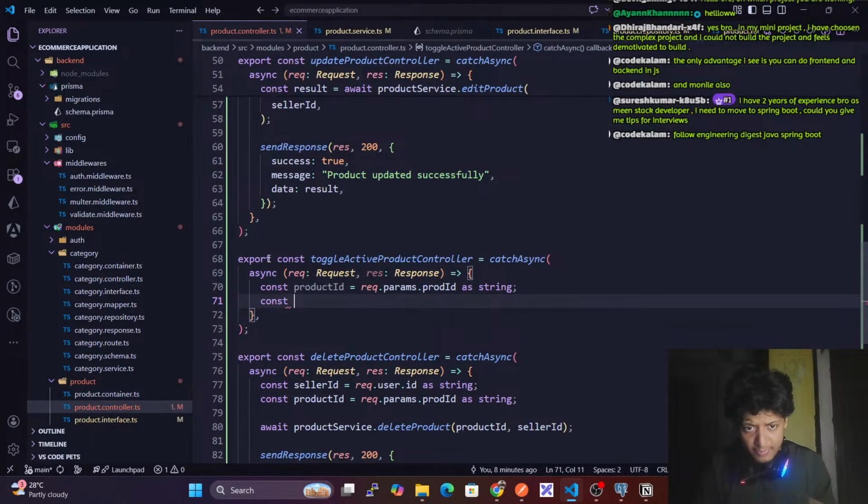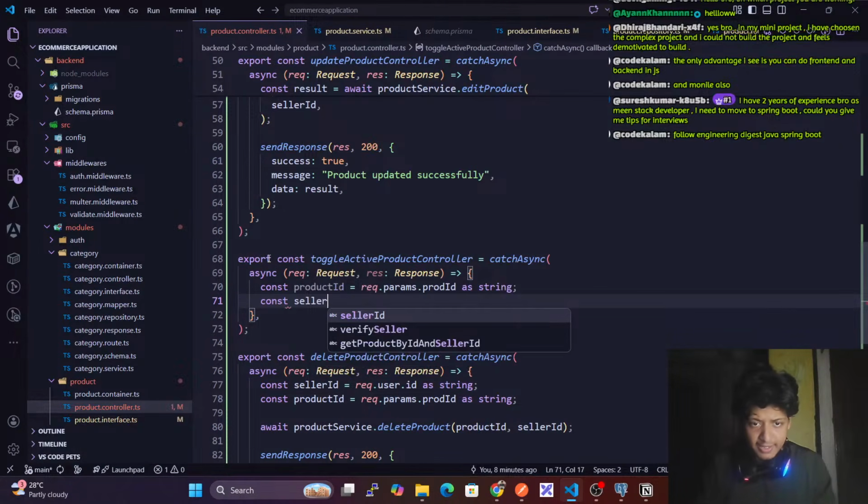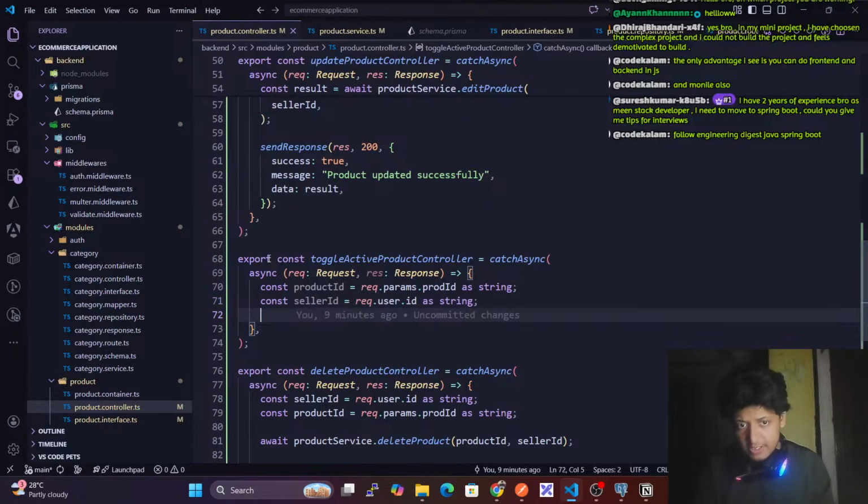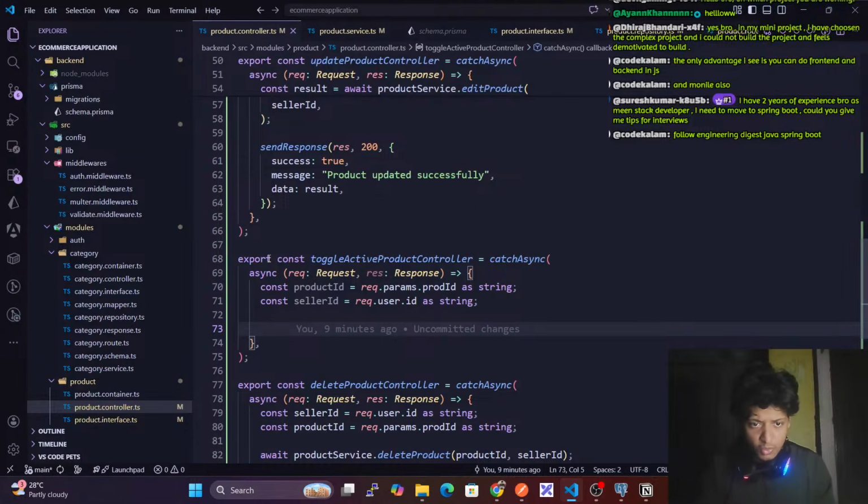Then we have productId done. After productId, I also need the sellerId. sellerId equals request.user.id as string. Now we just need to toggle it. So what we'll do is const